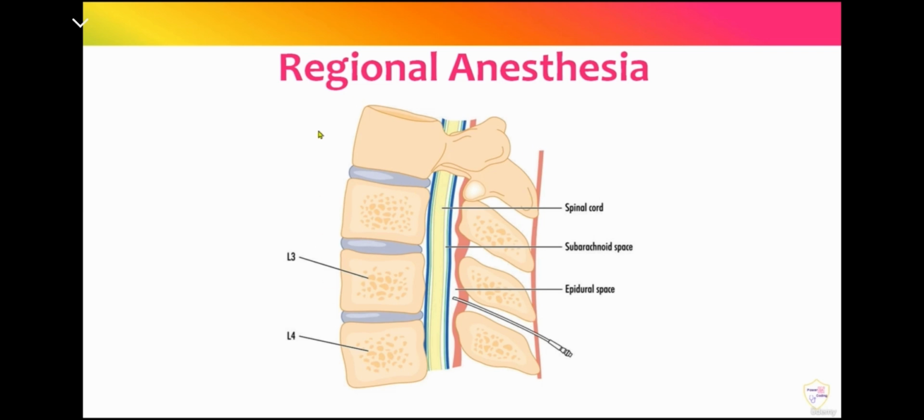This side is the patient's front, this side is the patient's back. You are standing on the left side of the patient. So this is the anterior area, this is the posterior area of the patient. Okay, so these are the vertebrae, and these are the lumbar vertebrae. Lumbar vertebrae are one of the biggest vertebrae in the body. This is L1, this is L2, this is L3 and L4. So these lumbar vertebrae are named L1 to L5, and what you are currently seeing is the L3 and L4,